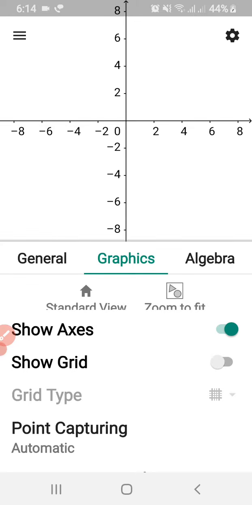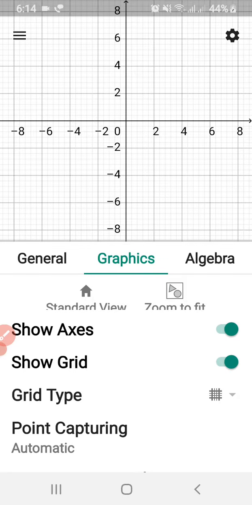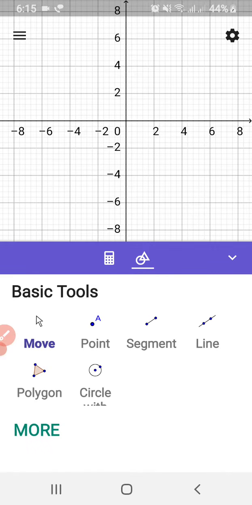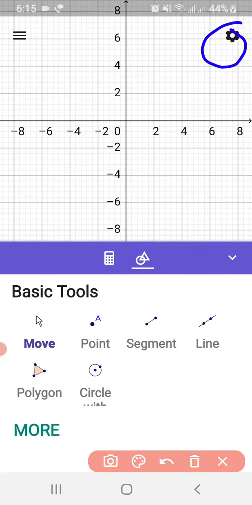Open this. So take this toggle to the right, show grid. You will see the grid and the x-axis and the y-axis. Come back, and then you will notice by default we are accessing this feature.